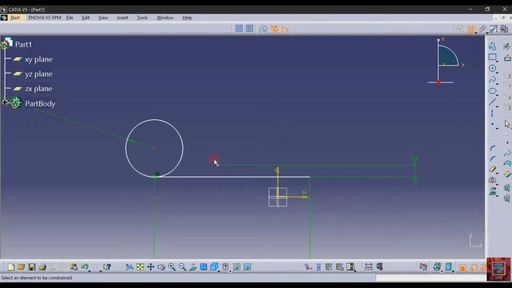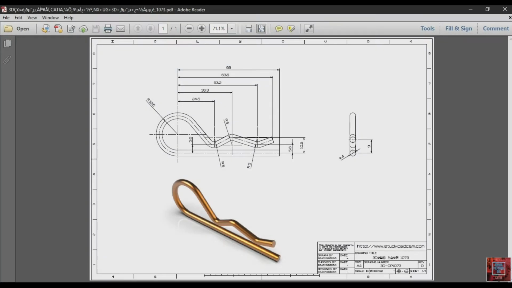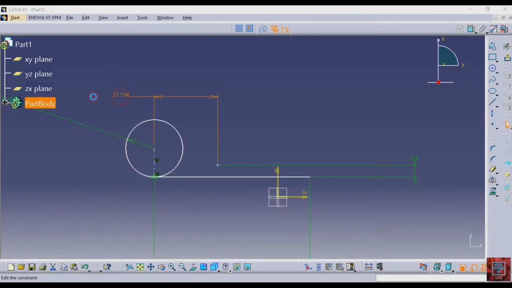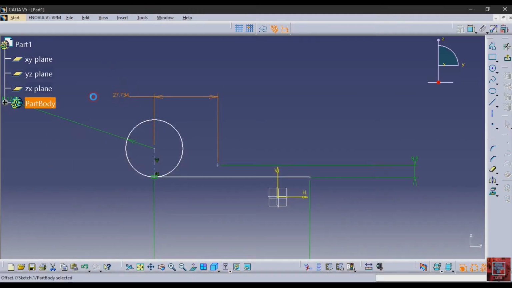5.2. Before that, make one construction line between these 2 points, and after that select this point, this line, and then give the distance 24.5, and after that again select a point,